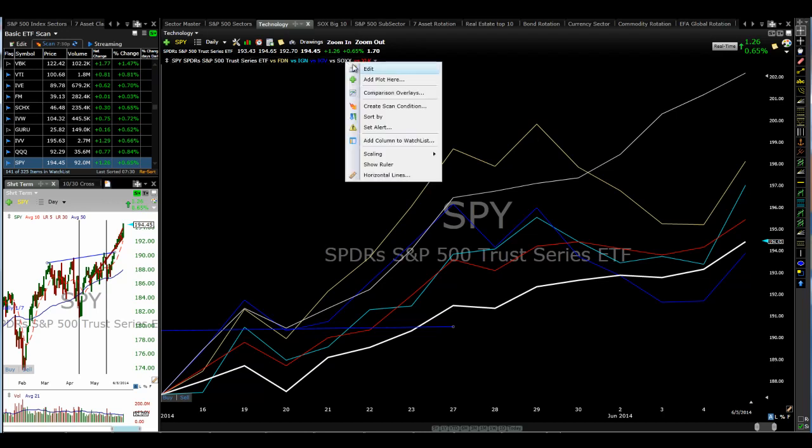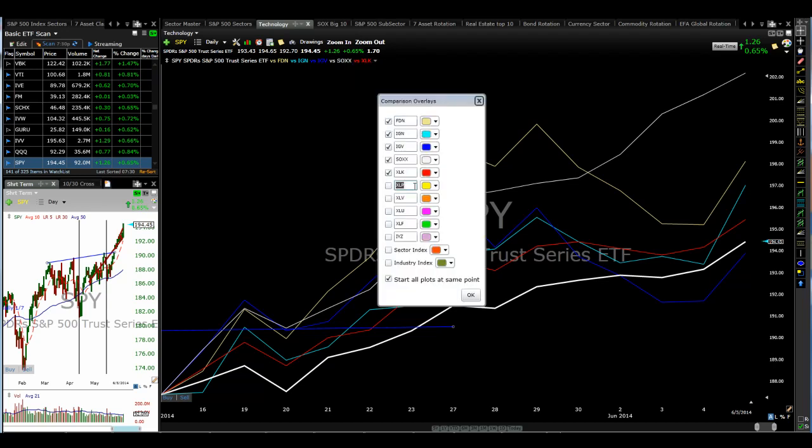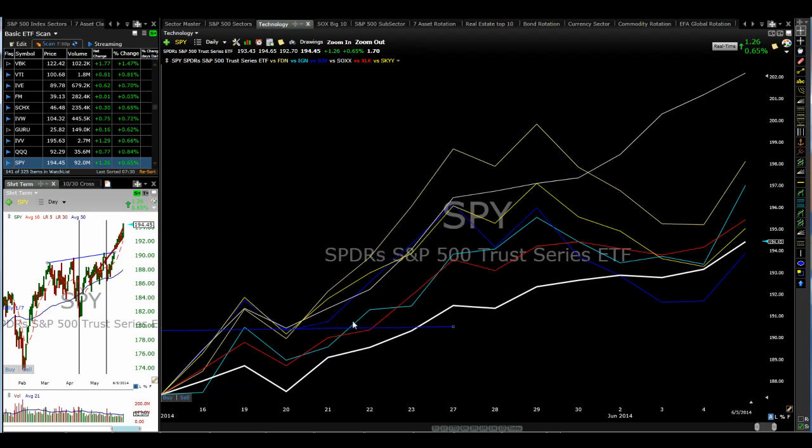And then there was one other thing in here I forgot to add, which is SKYY, which is the cloud computing stocks. And the reason I wanted to bring them back in there is they started out very strong and have moved off. Now, here's what you get out of this, and I'm going to put a vertical line here,